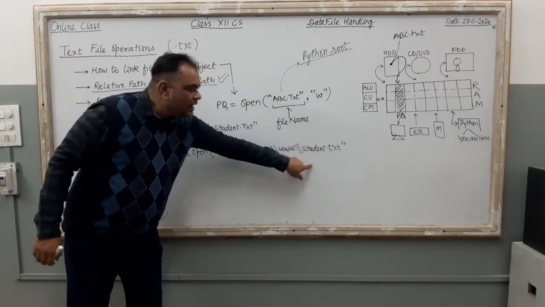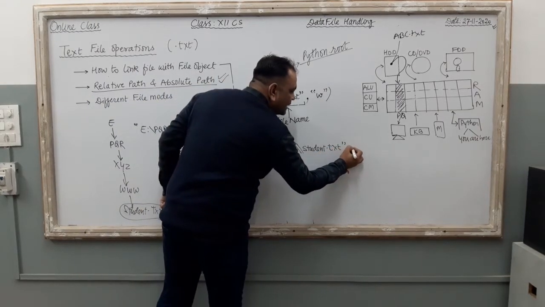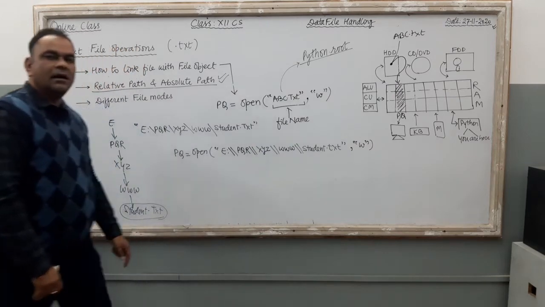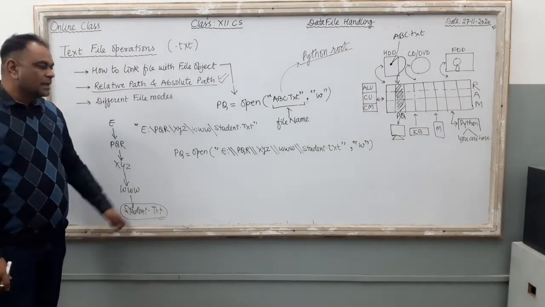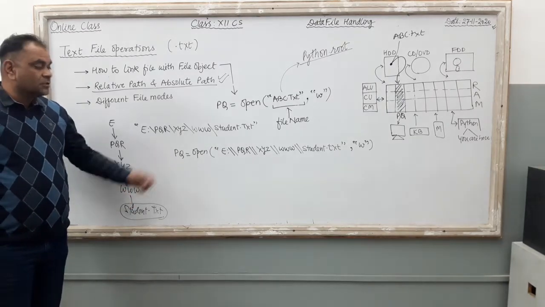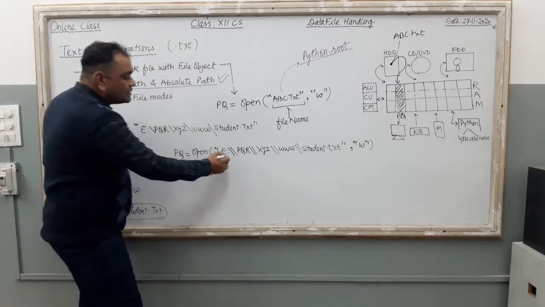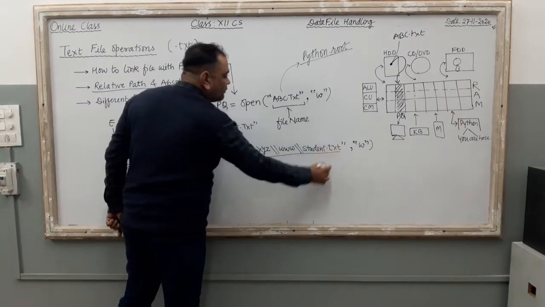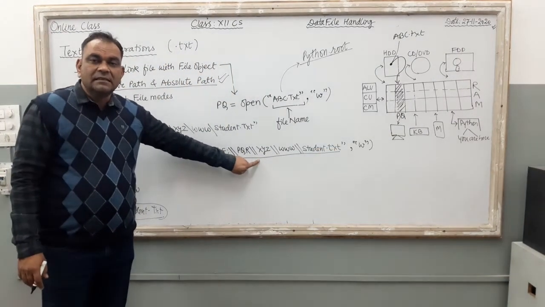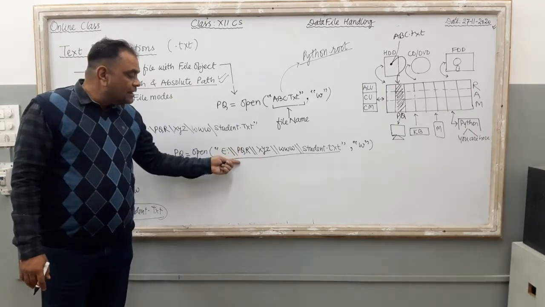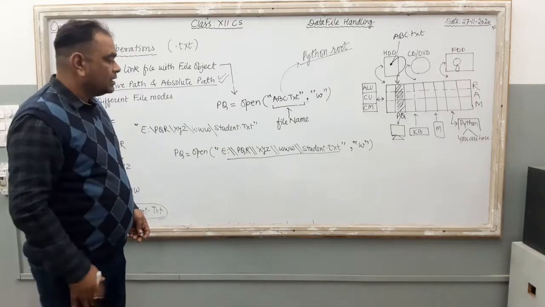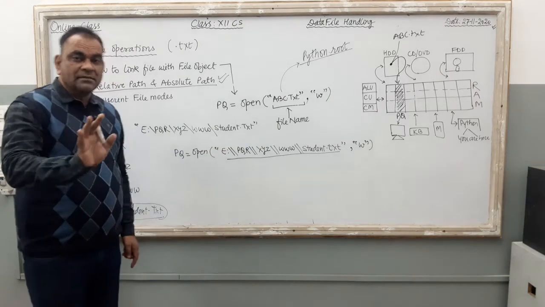Just see this part, and then just write the file mode, in which mode you want to open the file. Just see the command. एक नंबर का क्वेश्चन MCQ, there is a possibility of 1 mark MCQ, application based MCQ from this topic, right? So it is known as absolute path of the file. It is not case sensitive. You can write this drive and all these things either in capital letter or in a small letter. Clear? So I hope that topic is clear in your mind.